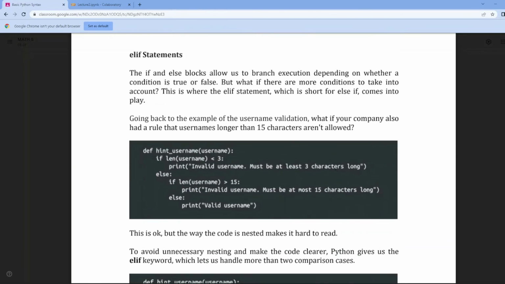And then we have elif. Ano naman yung elif? It's like else if. The if and else blocks allow us to branch execution depending on whether a condition is true or false. But what if there are more conditions to take into account? Hindi lang dalawa yung kondisyones, madami. This is where the elif statement, which is short for else if,